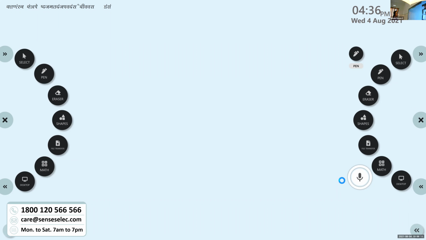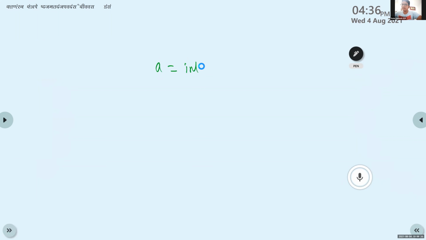So how can we write the statements, Rahul? Read the statements of cube. A equals input, enter number. Okay, enter number. Then what is the next statement?